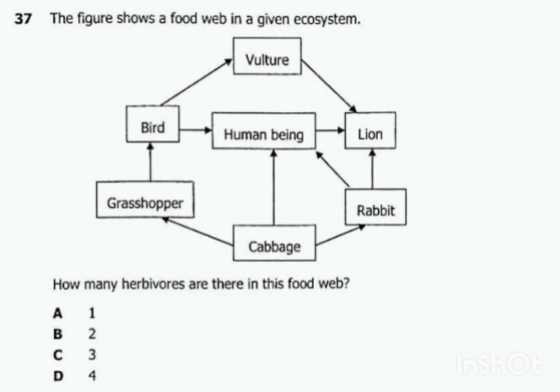Okay, but the question is just saying, how many herbivores are there in this food web? So there are only two, grasshopper and rabbit. These are the only two animals which are feeding on cabbage only as a vegetation. Okay, so the answer is